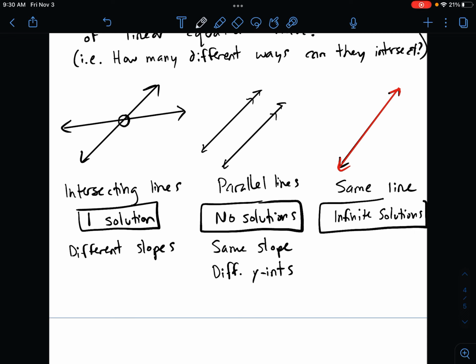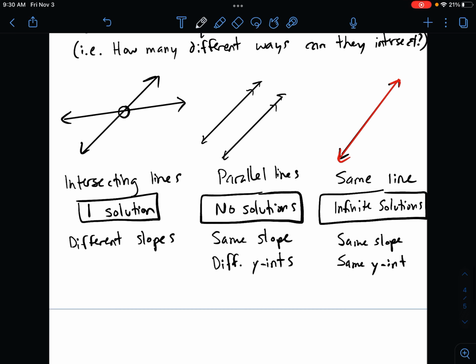You could also write all real numbers for that solution. And this would happen when you have the same slope and the same y-intercept. Again, you'd probably see these written differently, like one in standard form and one in slope-intercept form. You might have to rearrange some things, but there are 3 possibilities in general,